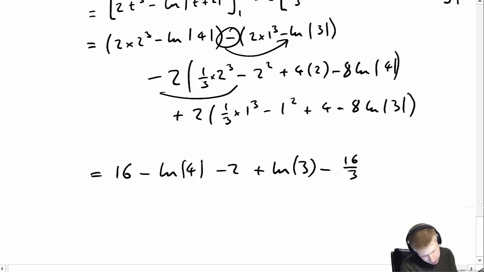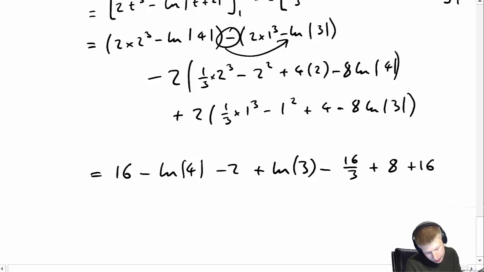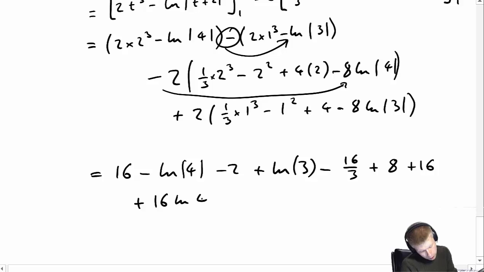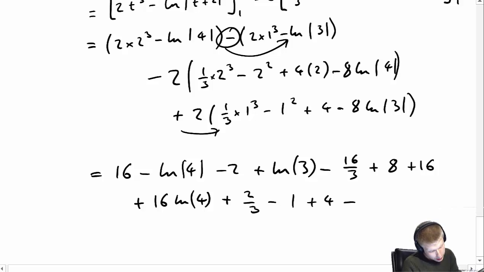Then be careful because I'm taking the minus with me, so it becomes positive 2 times 2 squared, which is plus 8. Then again the negative comes with me, so it becomes negative 4 times 2 times 2, which becomes positive 16. And again the negative comes with me with the 2, so that becomes positive 16 ln 4. I hope I end up with the right answer. So then I've got a third times 1 cubed, times 2, so that becomes 2/3. Minus 1 plus 4 minus,